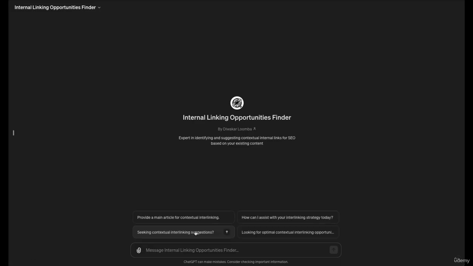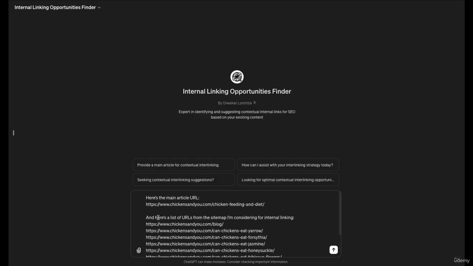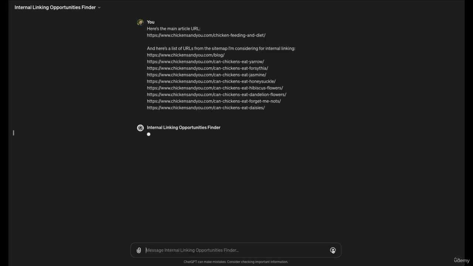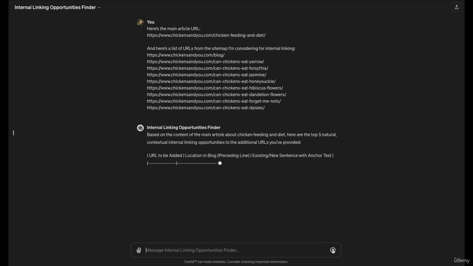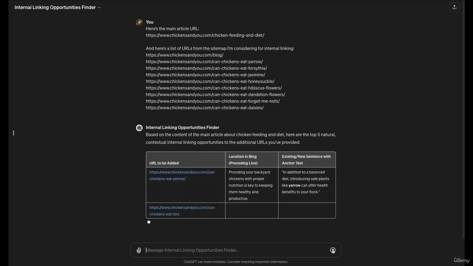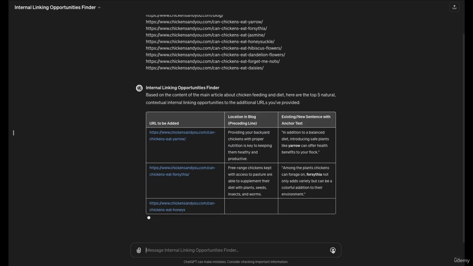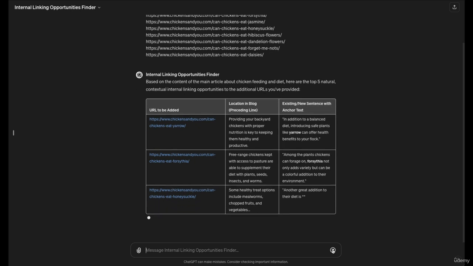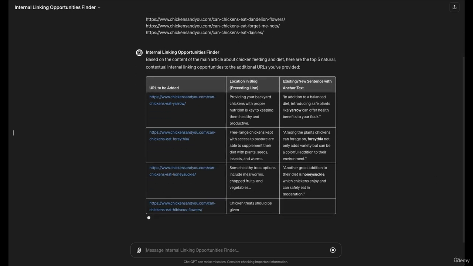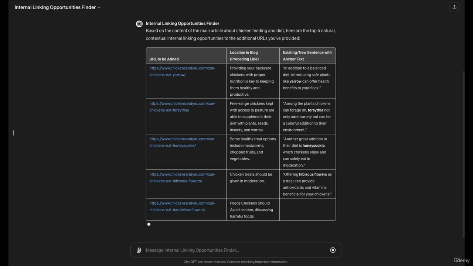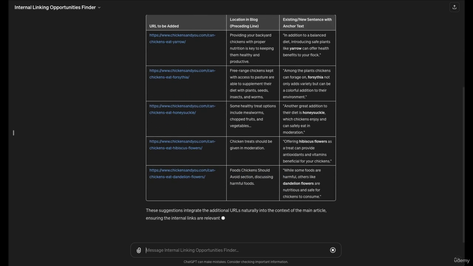I'm going to enter the main article URL. And then I'll use a list of URLs from the sitemap that I'm considering for internal linking opportunities within this main article. And the result is great since we get a top 5 of contextual internal linking opportunities with the link anchors and the URLs to add, so this aids navigation and also reinforces thematic relevance, enhancing the SEO value of linked